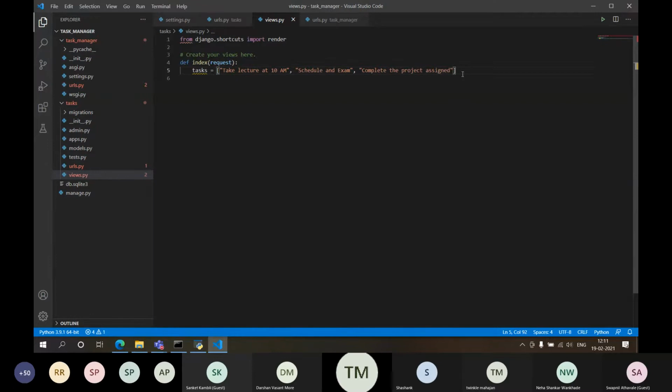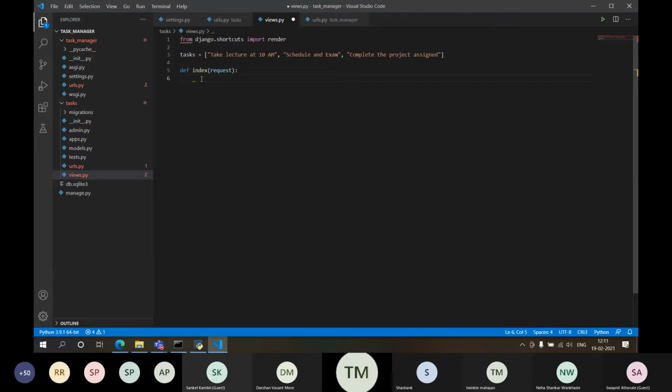Now I want to display these tasks on the index page. For the sake of convenience, let's define this as a global variable. I've defined it over there. Just remove this line. Now it's pretty clear.